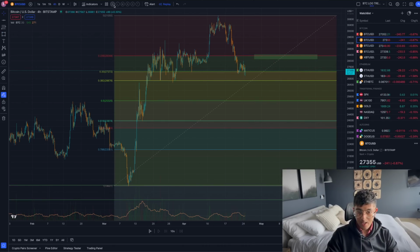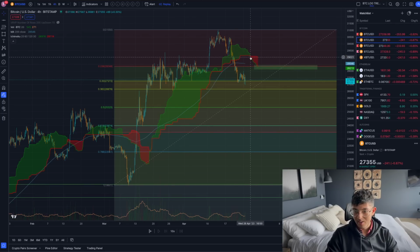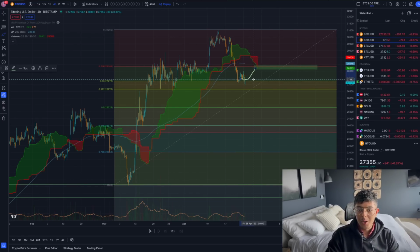And where would that come from? It would be from the Ichimoku cloud. We know that we've been turning this cloud from green into red, and it now lines up with this price range around the end of this month, about a week from now, which is really important because if Bitcoin is able to pump up to this level now and basically start rallying a little bit higher, the key challenge that